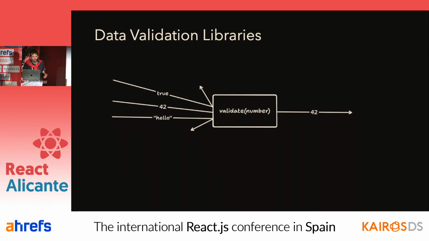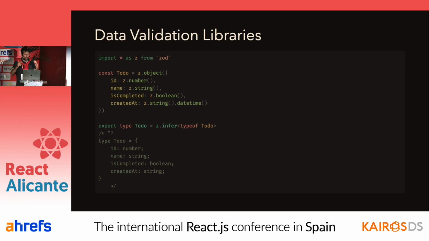This is a very common problem, and a lot of libraries exist out there to solve it. The problem is solved by data validation libraries that, given any unknown data that may come from the wire or the storage, perform validation and ensure that the shape of the incoming data is exactly the one we expect. They are basically doing type checking at runtime. And sure, those libraries are an additional dependency, but they are definitely worth it because they make our application less prone to failures due to malformed inputs.